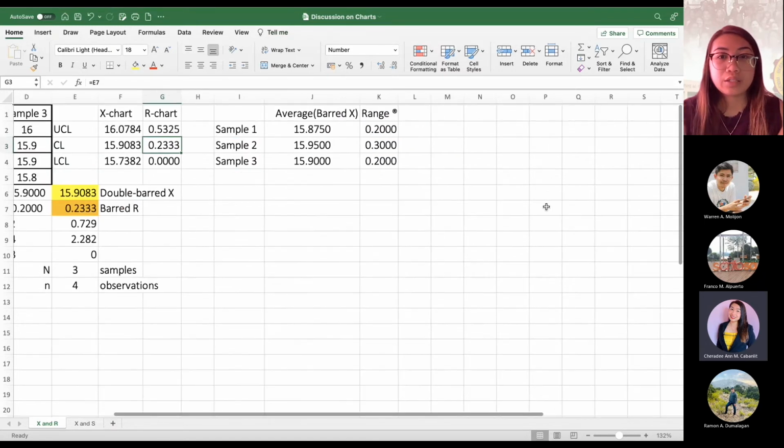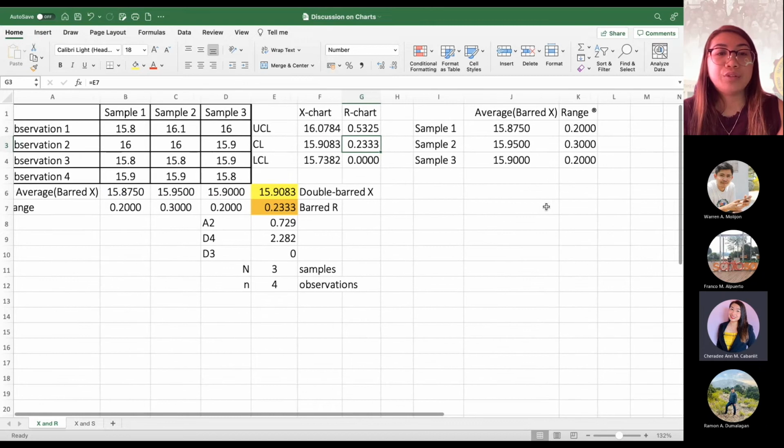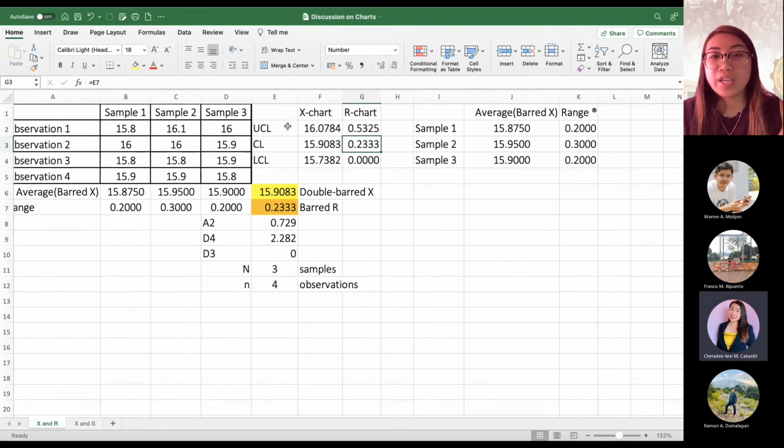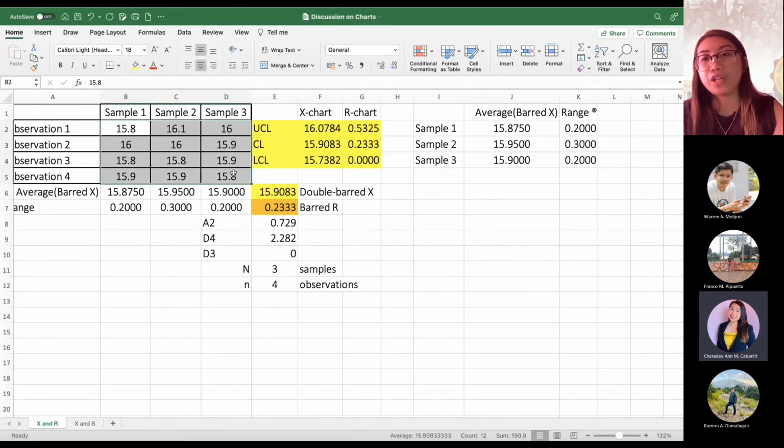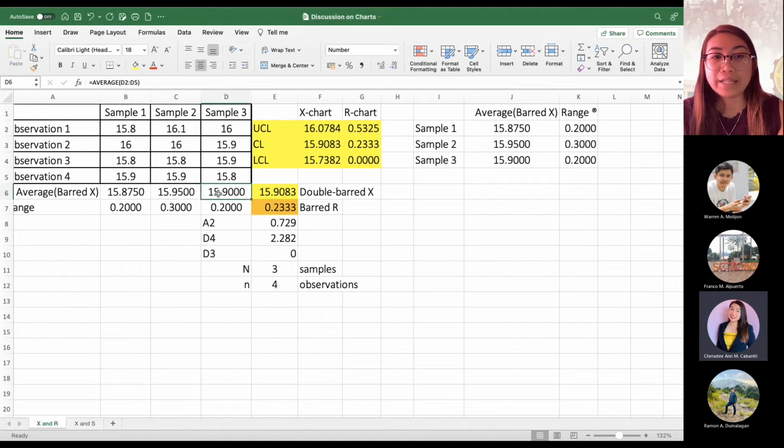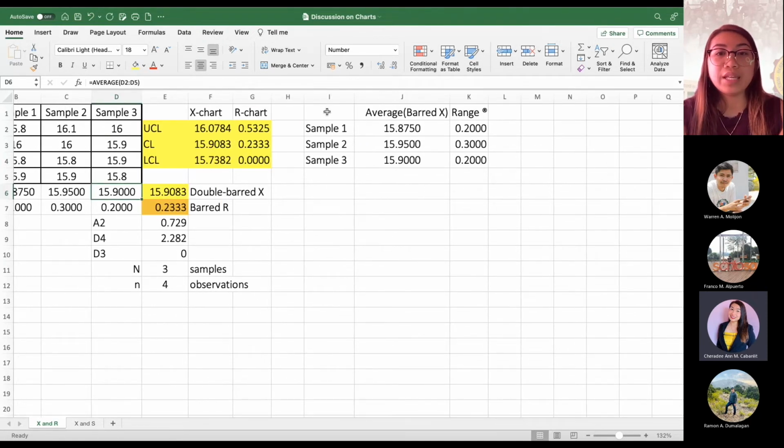To make the X chart, you just have to get the UCL and LCL. These are the important ones that should show. You can plot all the observations, however it might be complicated in your chart. That's why it's best to get the average per batch, and that will be the one shown in the chart. To do that, you just have to click this one,